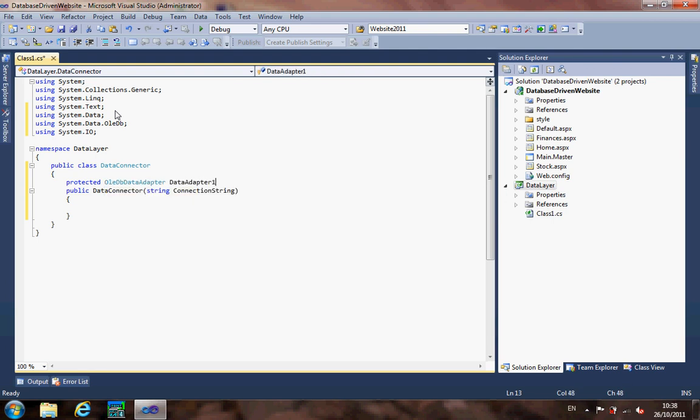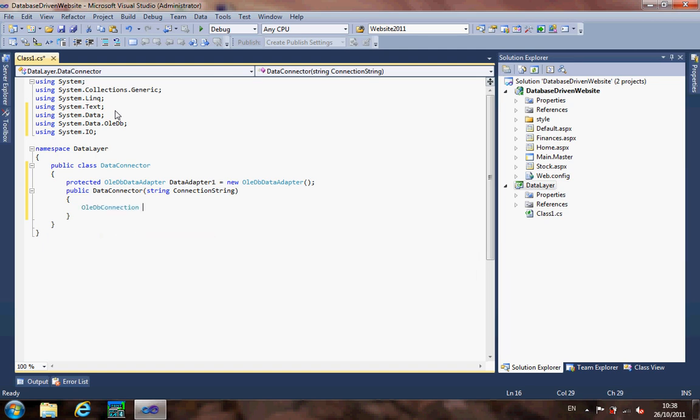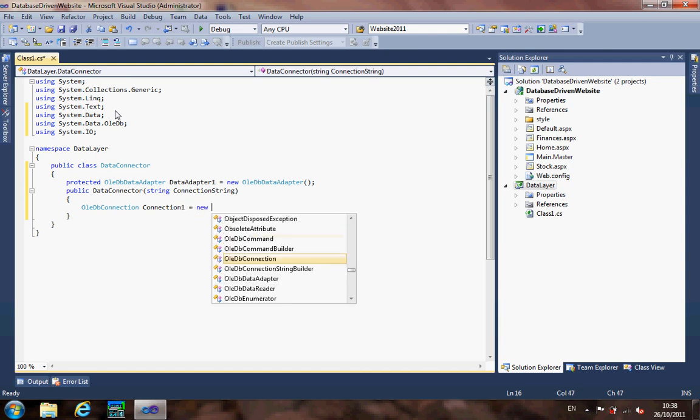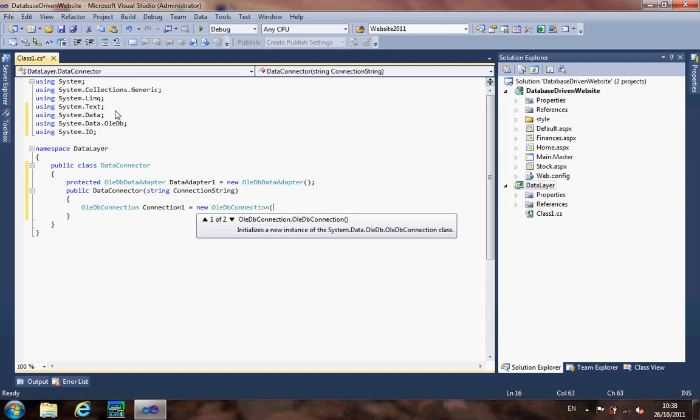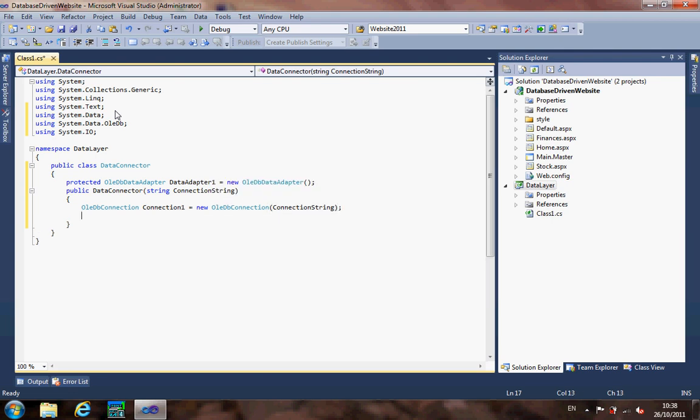And then what I'm going to do is I'm going to create a connection to my database when I create this object. So as I say, I do apologise, I'm actually doing all this from memory and it's not the easiest thing in the world to remember how to do. I'll also need to just set the select command equals new